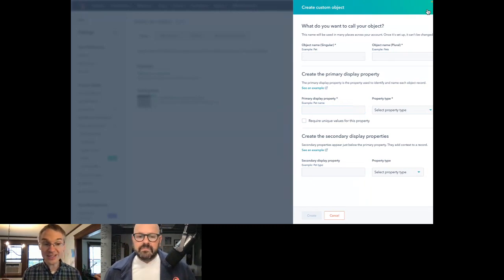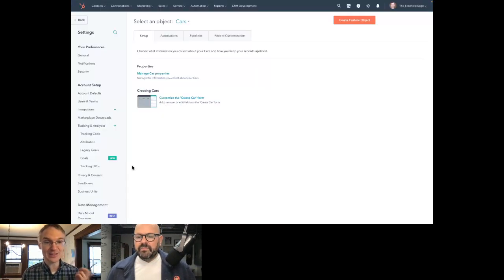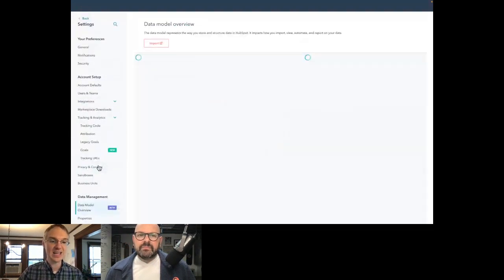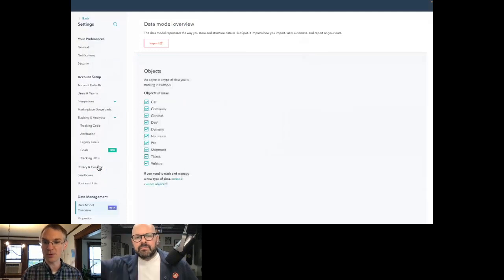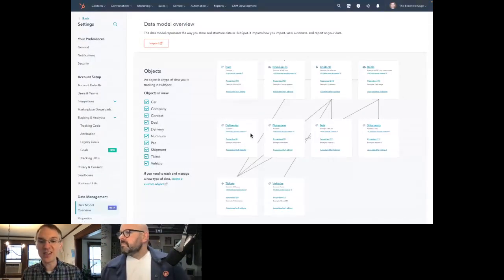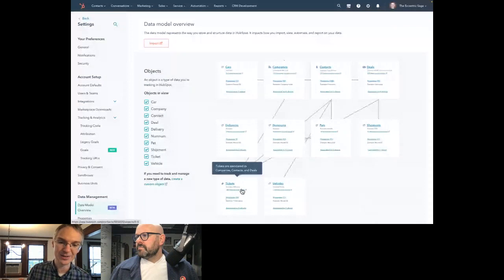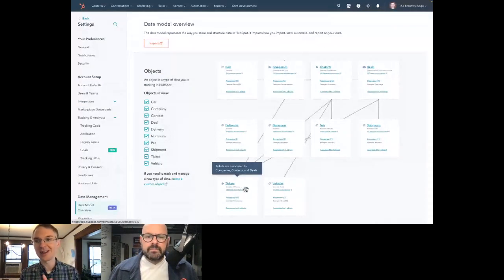Awesome. Rolled into this update, sort of a delightful surprise, maybe nobody was expecting and nobody thought even to wish for, but I think is wonderful, is this data model overview, where you can see all your properties listed out with their associations and how they connect to each other. This is an early version of this. As you can see, we arrange it in a grid, and that's not always optimal. It's a little hard to tell where some of these lines are going, but you can mouse over this and see, tickets are associated with companies, contacts, and deals, which is great. But this is going to get prettier in the next little bit. And so I'm excited to see how we iterate and improve this over time.